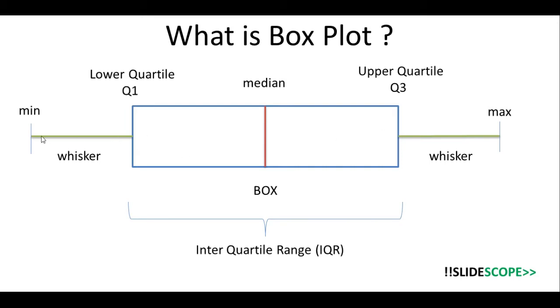The range between the minimum value and the first quartile is known as a whisker, and the range between the upper quartile or third quartile and the maximum value is also known as a whisker. So there are 2 whiskers and 3 quartiles. Now this data set has 4 parts. This is the first part, this is the second part, this here is the third part, and this here is the fourth part.